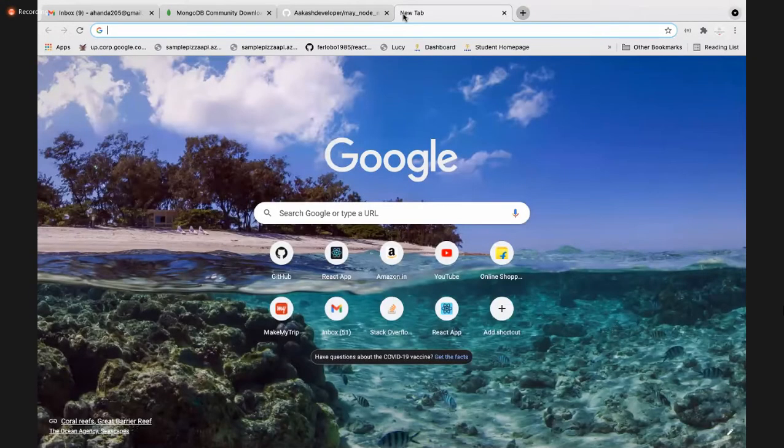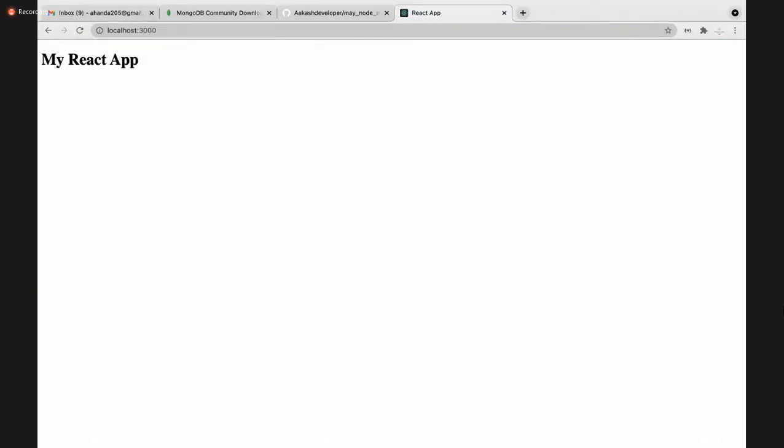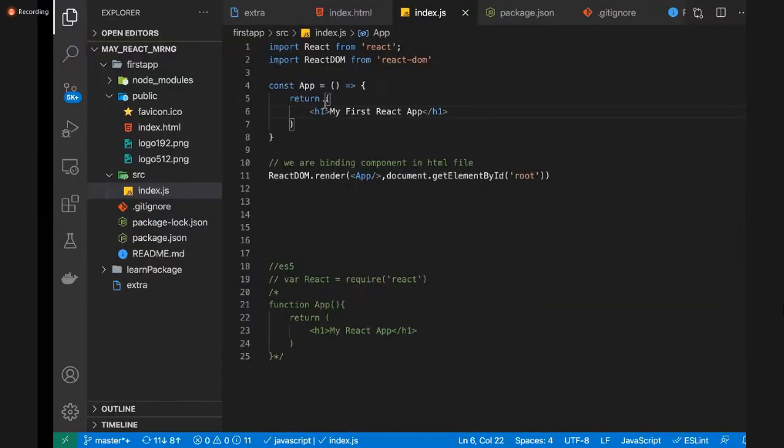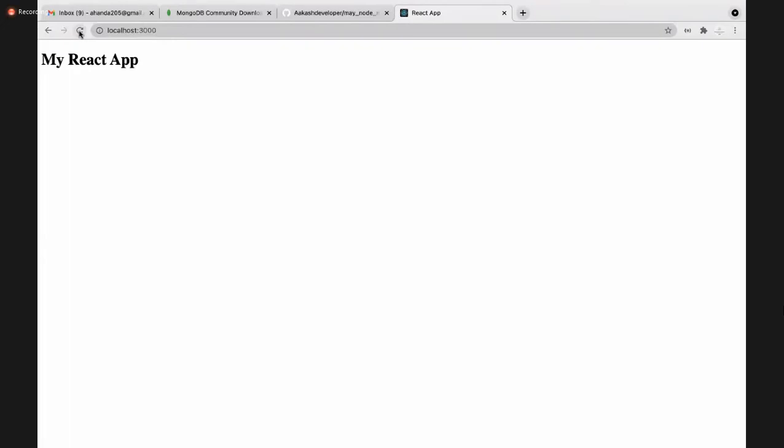Now on port number 3000, if you see, you will see your app is running. And if I change some content there, I'll say my first React app. It automatically restarts, and see, refresh. It's my first React app. You see?